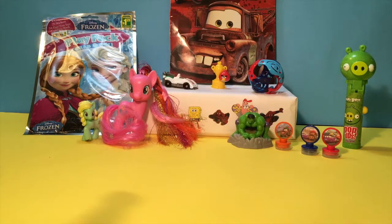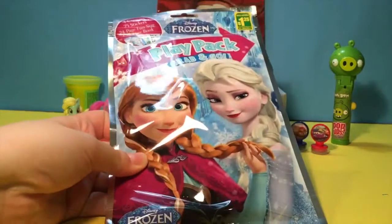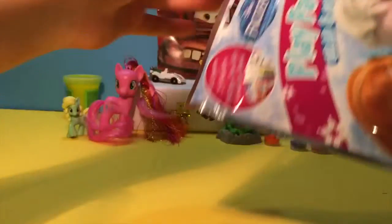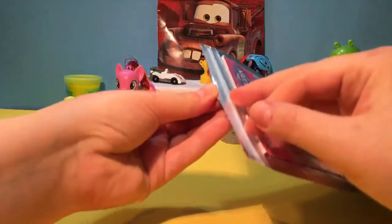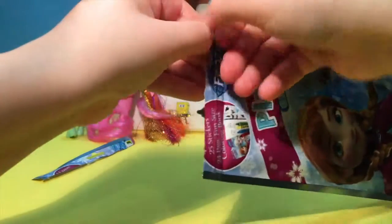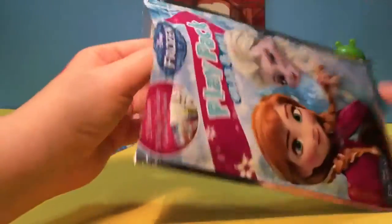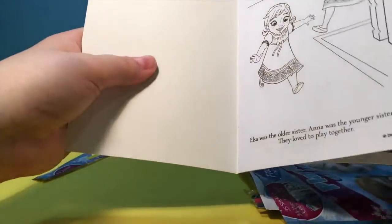Wow. Finally comes the biggest surprise, and hopefully the best one. This Frozen surprise bag. Okay, let's open this up. Frozen super surprise bag. Like this. Now we have to open it. Zip. Okay. Now, it starts with this amazing Frozen booklet with all